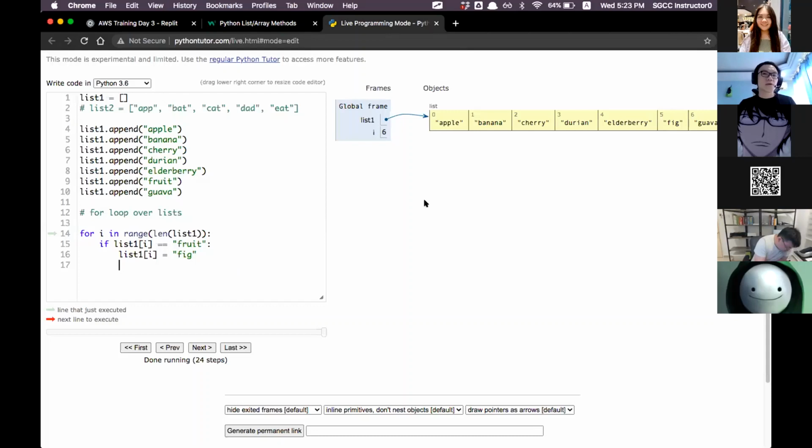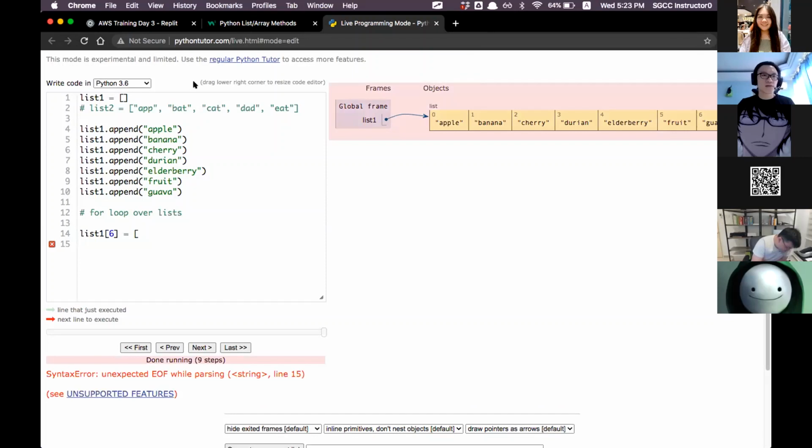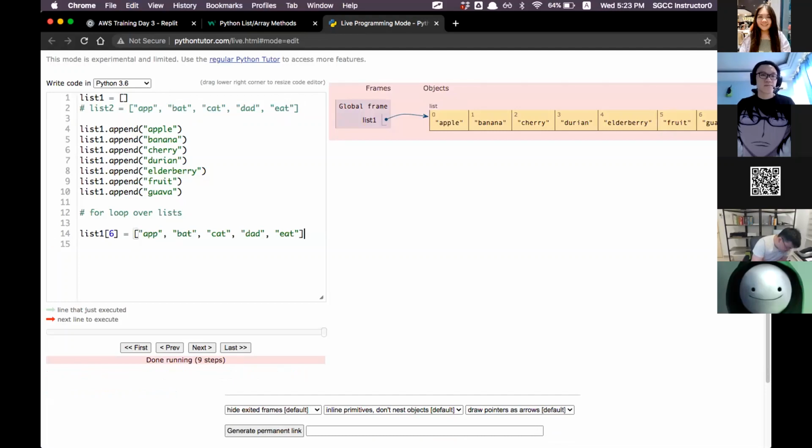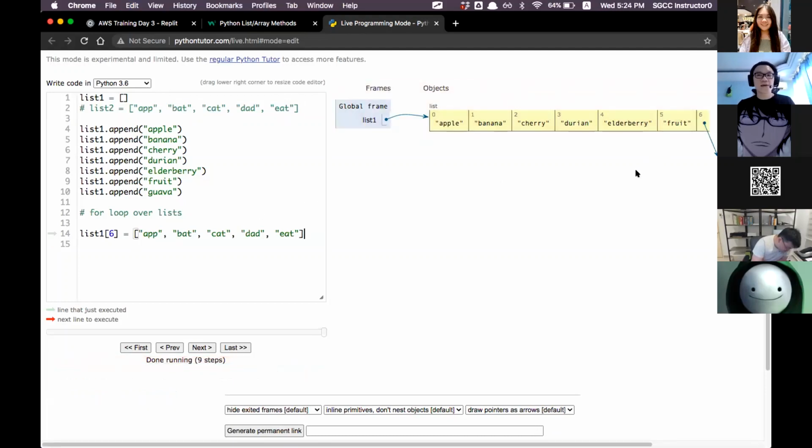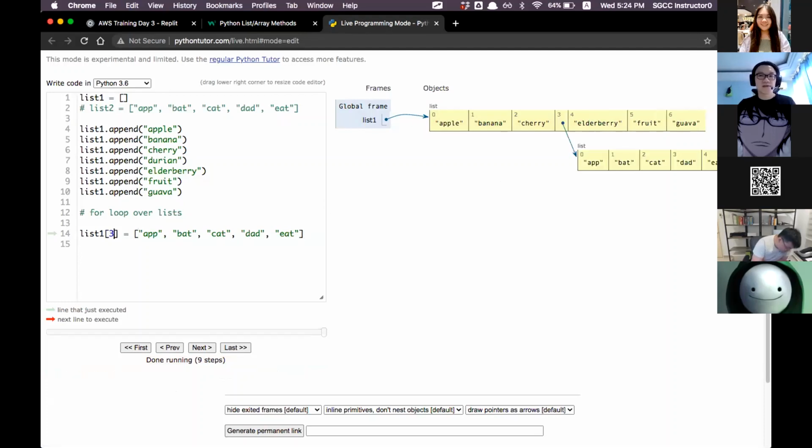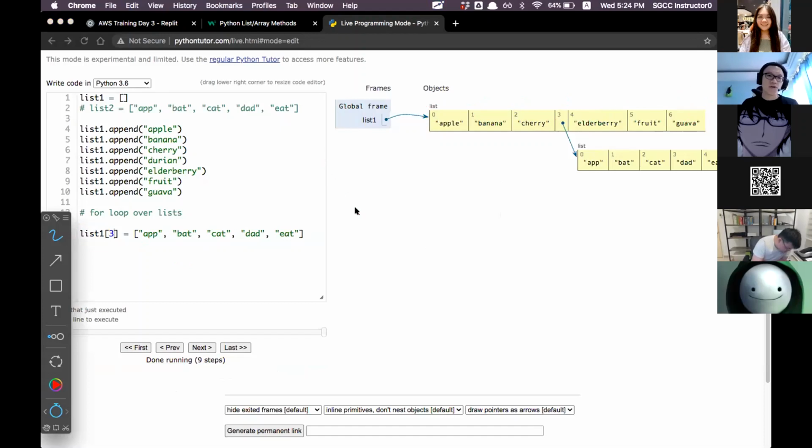It is quite possible that you can store a list inside a list. Okay, let me just remove this. Say for example, list 1 at your 6th position, I want you to have another new list. Call it lib app. Okay, so basically what's going on over here is I have maybe 3. It's easier to see. Okay, so basically the idea is this, right? I have a list inside another list. Okay, this is what we call a nested